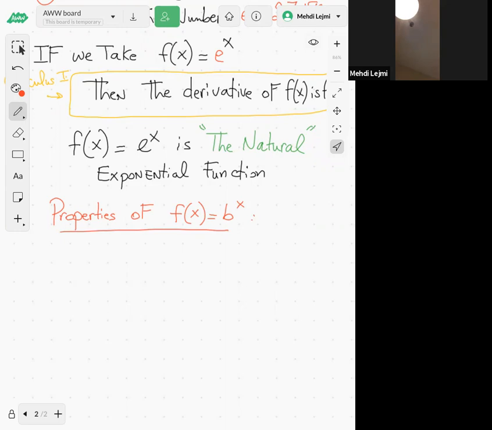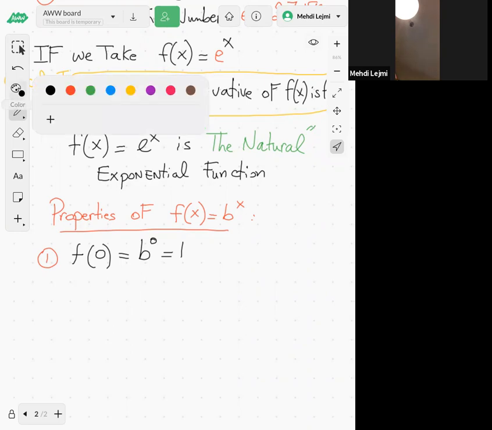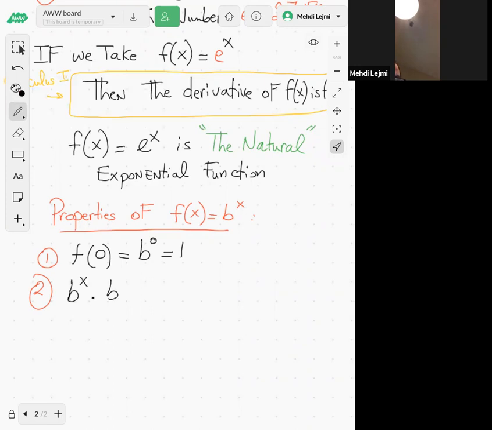The properties here are just some power rules. So for example, f of 0, that's b to the 0, which is of course equal to 1. Number 2, if you have b to the x times b to the y, then that will be equal to